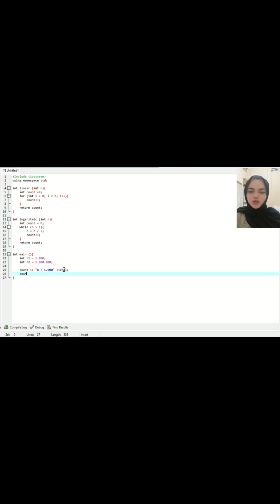For the next, the logarithmic algorithm works by dividing the data size in half at every step, causing the growth in the number of steps to be very slow even as the input size increases. Conclusion: for handling large scale data, algorithms with logarithmic complexity are far more efficient because they exhibit very slow step growth as the input size increases.